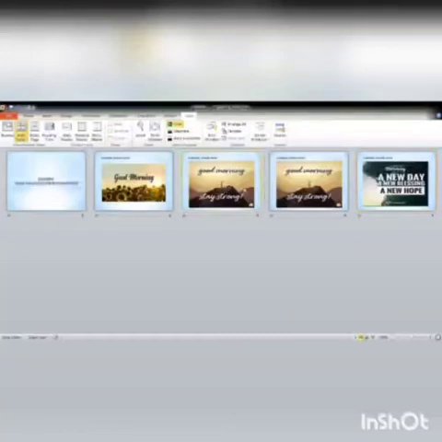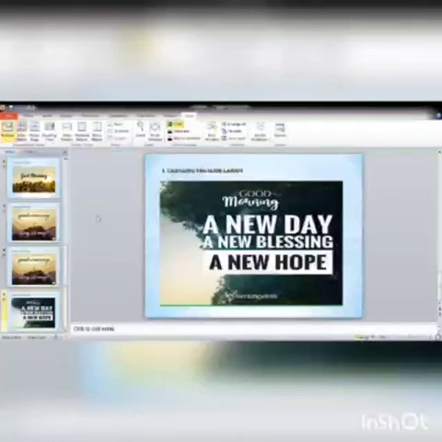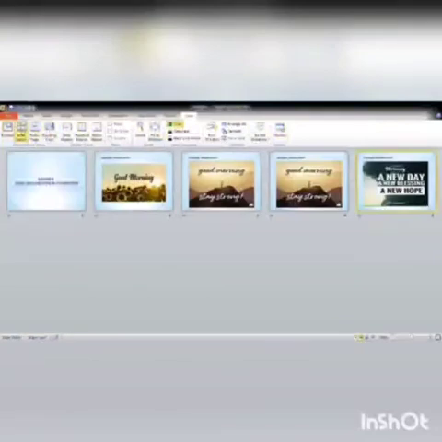A vertical bar appears next to the slide where the slide is moved.